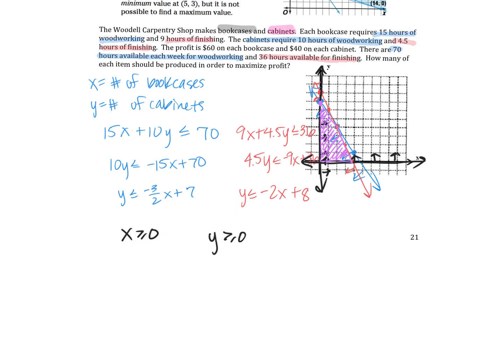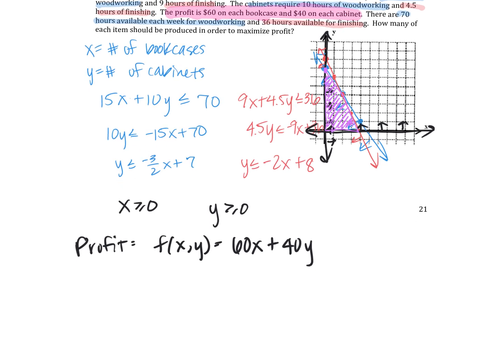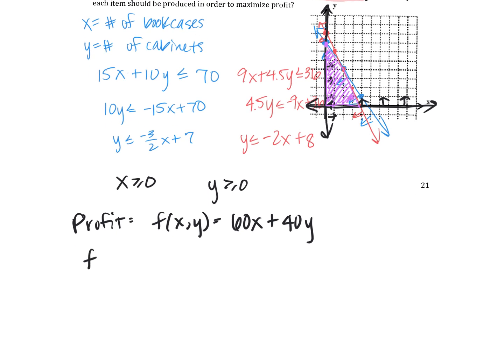What's my profit equation going to be? F of x,y equals 60x plus 40y. You said 60x because it's $60 per bookcase and $40 per cabinet. You guys, these are like IKEA prices, okay? Just letting you know. IKEA prices. And what are our vertices that we're going to plug into this profit equation? 2, 4, 0, 0,